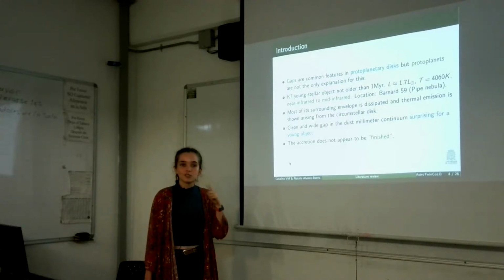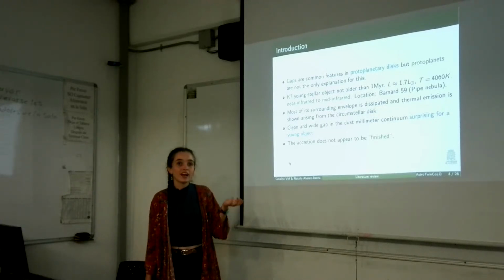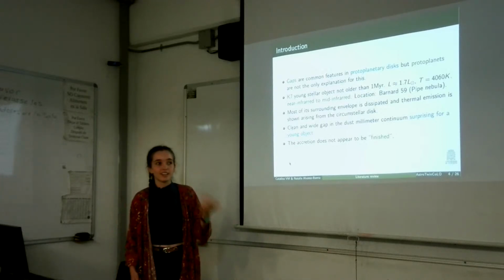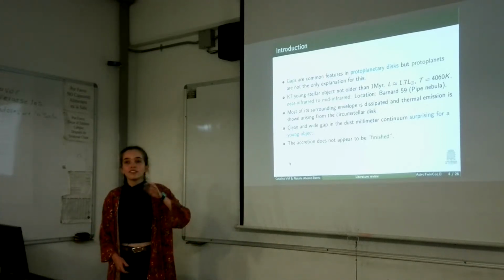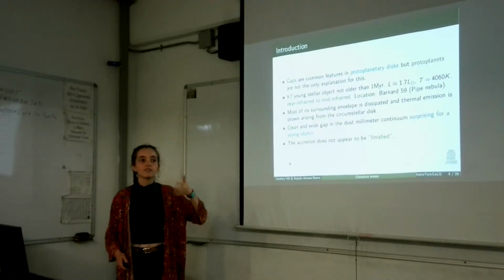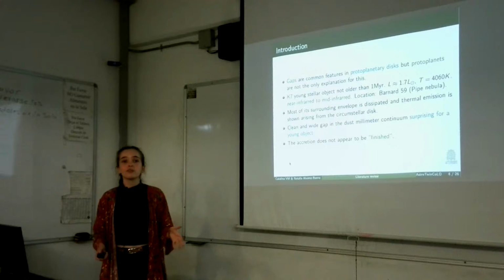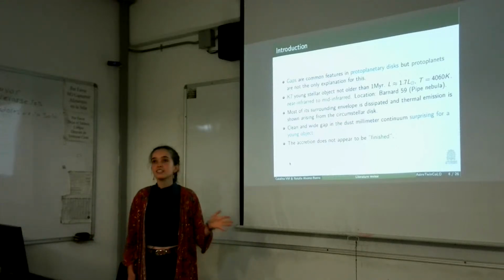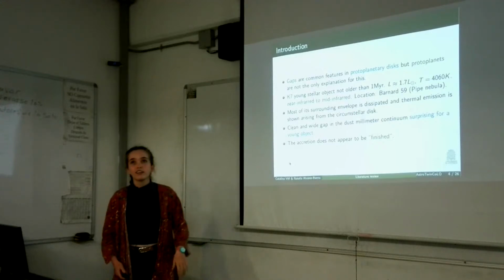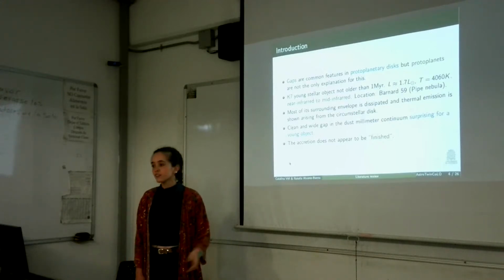I mean, just one planet can form a gap, of course, but there can also be a lot of planets forming that gap. And the star that this article is focused on is the K7 star that is located in Barnard 59